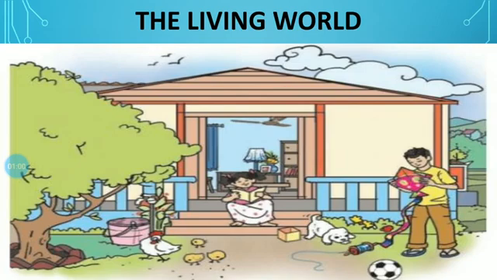Friends, on the basis of this picture, you have to separate the things that are living or non-living into two separate groups. See here, there is a plant. After that, there is a cock. There is a boy, girl, dog. These are all living things. As well as in that picture, non-living things are also present.